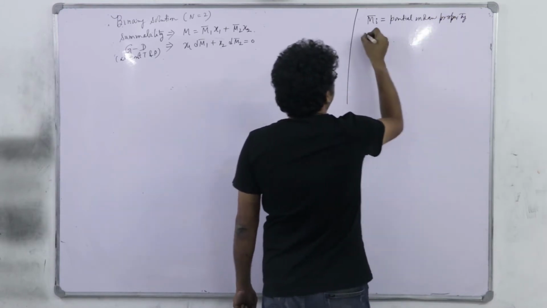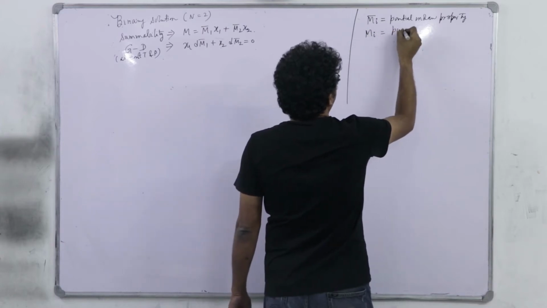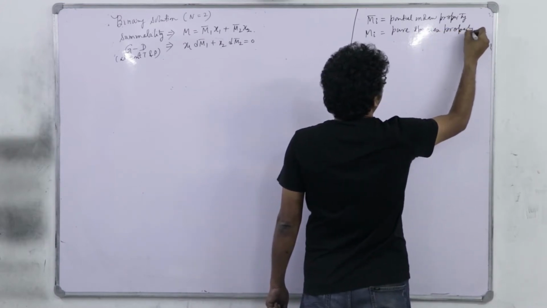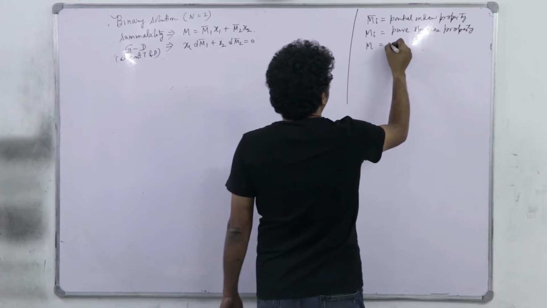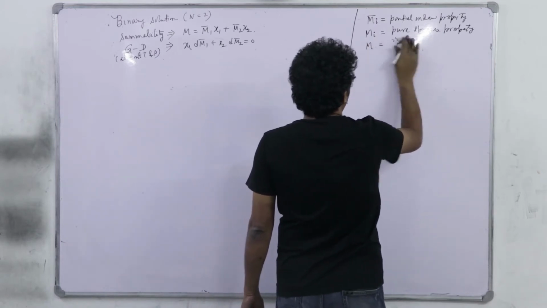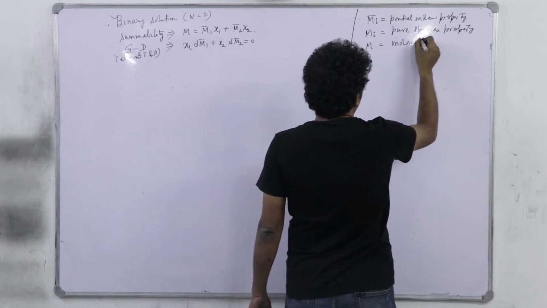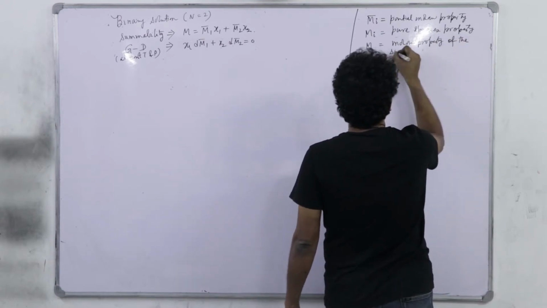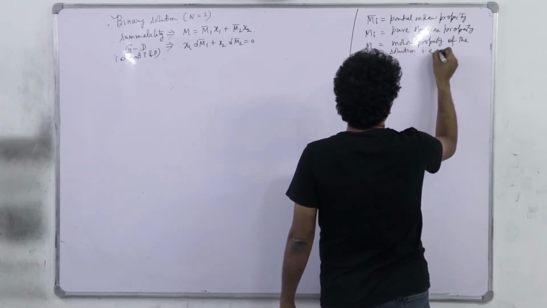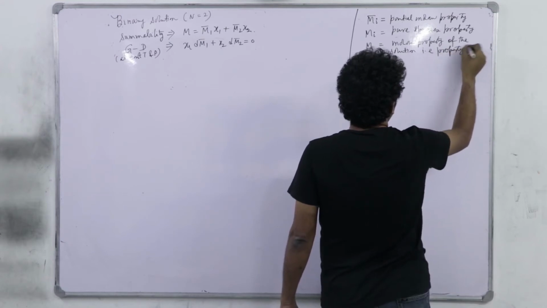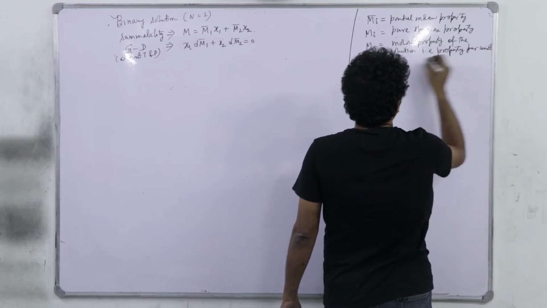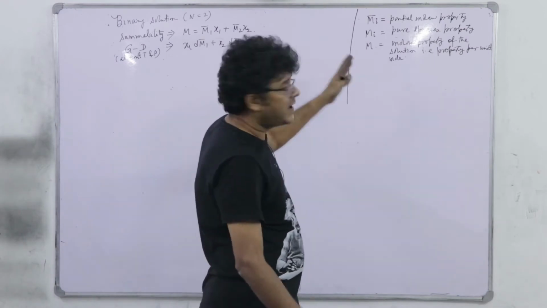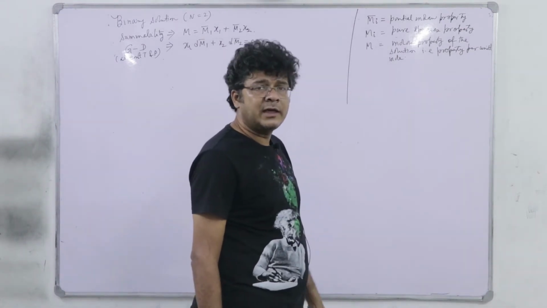Let us define some more properties. Mi is the pure species property and M is the molar property of the solution. That is property per unit mole, right. Now, you see in a solution, if xi tending to 1, mi bar must tend to